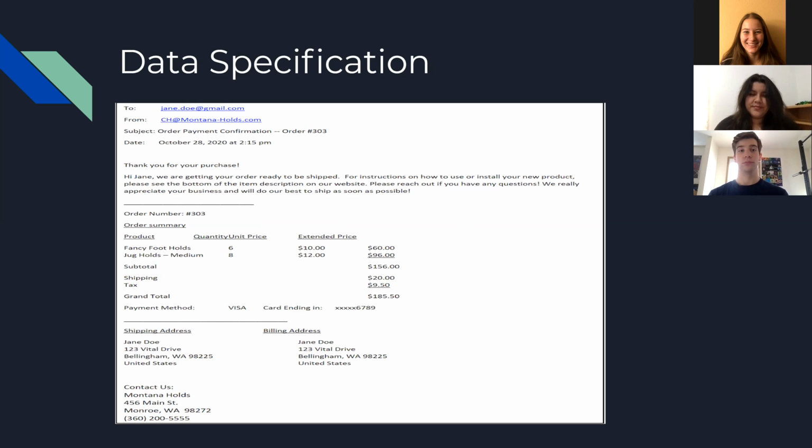And the next aspect is the order summary, which includes the product number, the quantity, unit price, plus the extended price, and then the subtotal, the shipping, taxes, and grand total. The next aspect is the payment method, and the last part is the shipping address, which